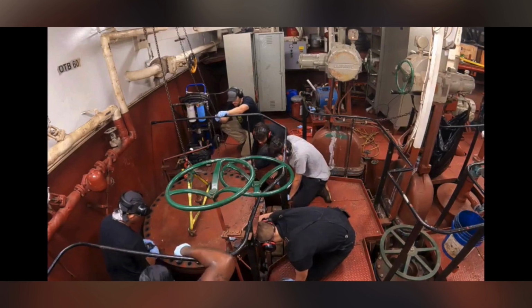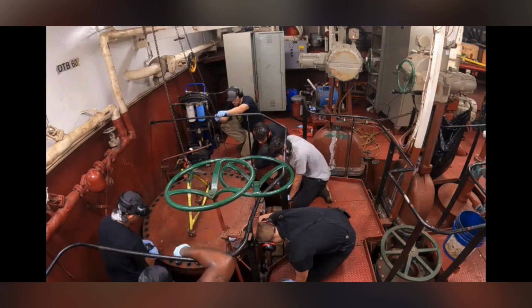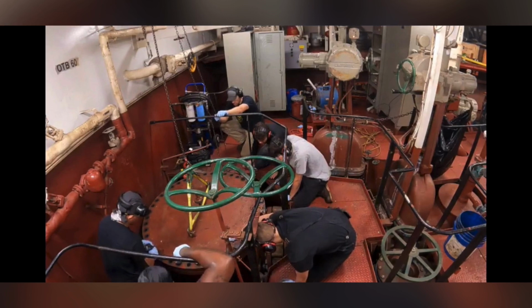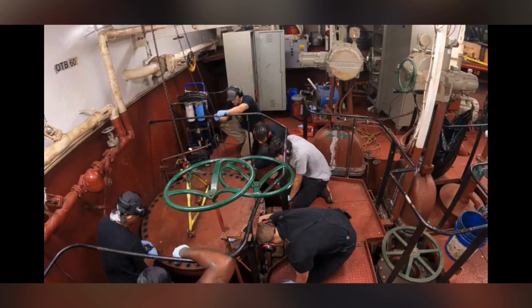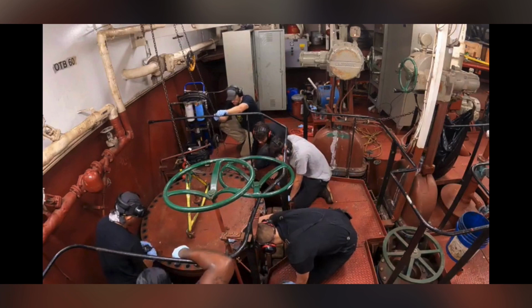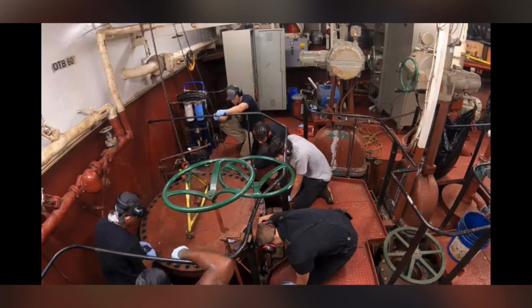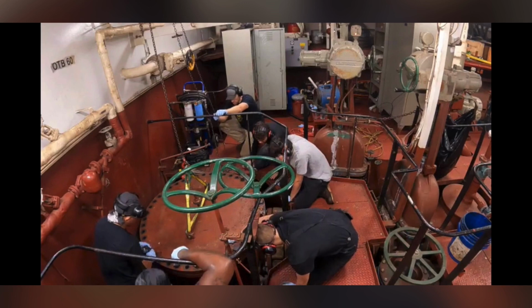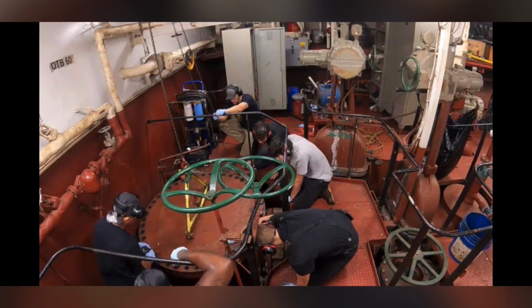Afterwards, we have to fit the gasket in properly to ensure that it's not fully pinched or that water is going to seep through the sides. And then we get all the bolts in and use the gun and go around about 2 times just to make sure that it's tight enough. Afterwards, we do end up putting the pipe back on and making sure it's tight enough. We open up the suctions and discharges, make sure there's no leaks,